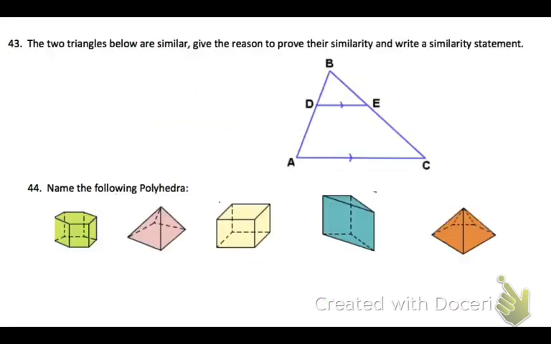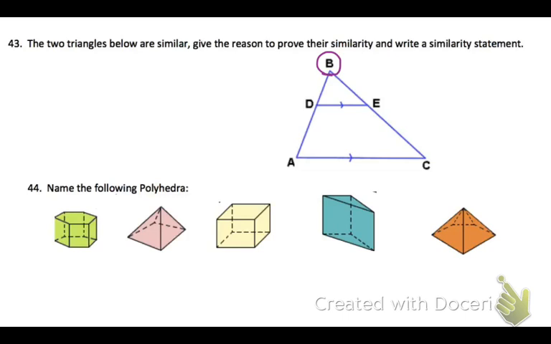The two triangles below are similar. Give the reason to prove their similarity and then write a similarity statement. Well, remember back a couple of questions ago, the different ways to prove that triangles are similar. And this one literally gives us no side information at all, but we actually do have some information about angles because